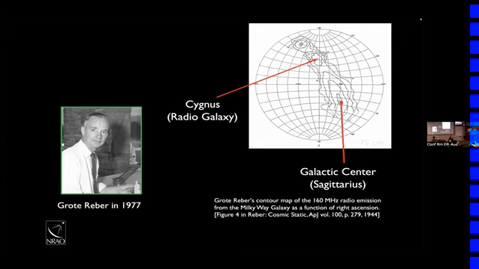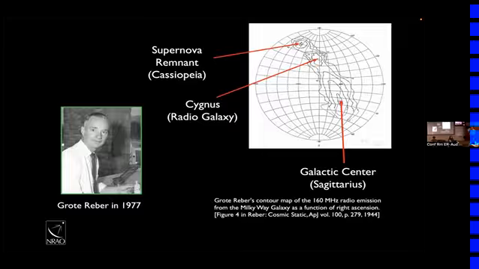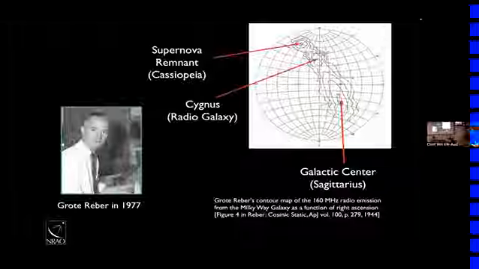Located in the constellation Cygnus. It actually turned out, it wasn't known at the time, it was another bright radio source. It turns out to be a radio galaxy, a fairly famous radio galaxy. And then there was another object, which was actually in the galaxy, which is a supernova remnant in the constellation Cassiopeia. So you might notice something interesting here, which is, by the way, that optical astronomers first identified the stars